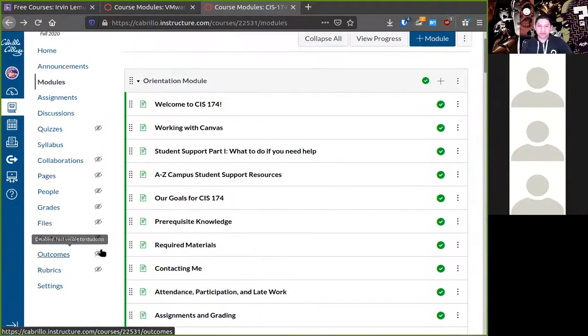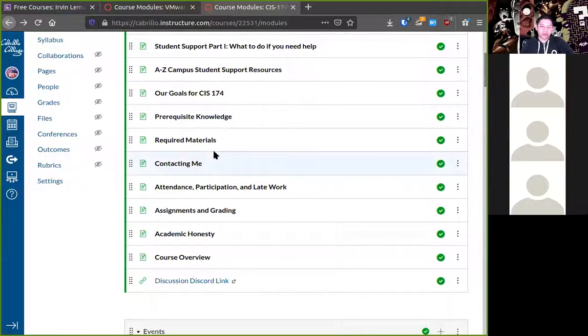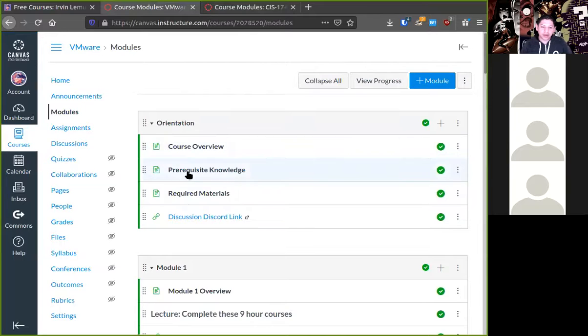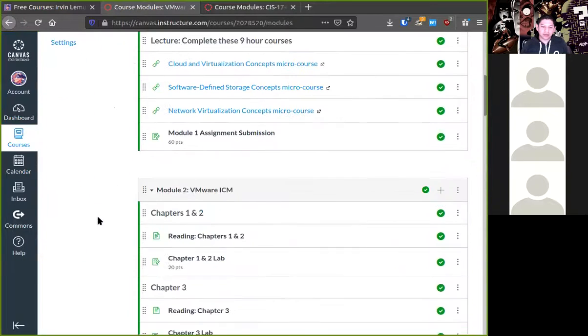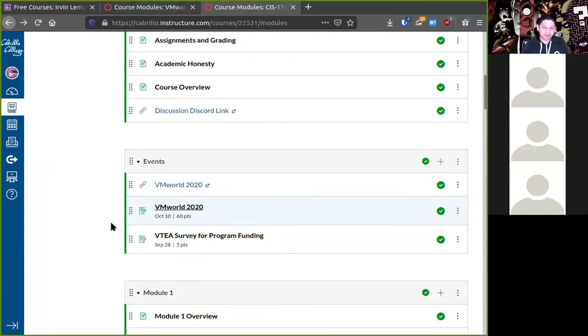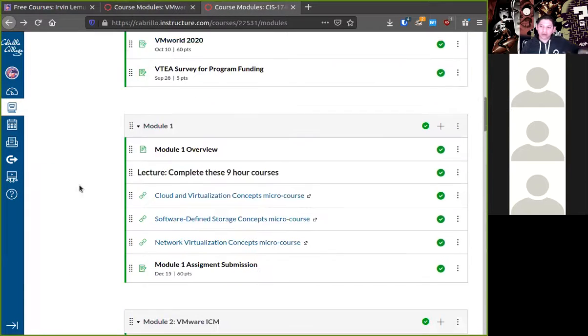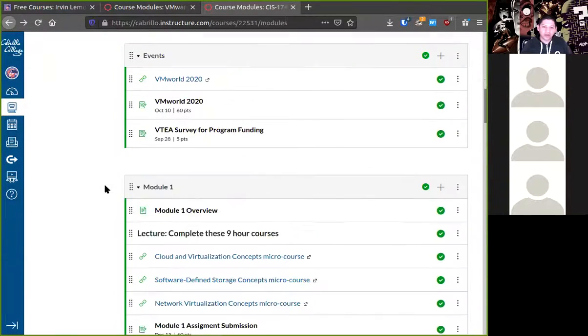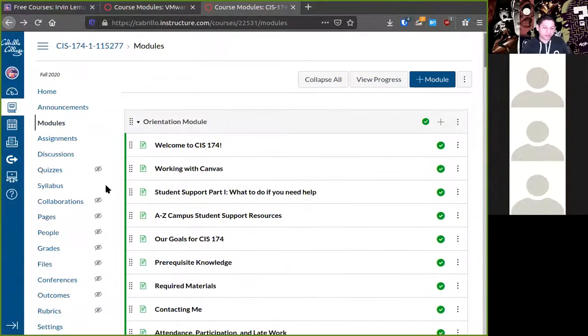So you have your orientation, whether it's the Cabrillo one or the one off of my Canvas. There's VMworld, which you should sign up for. And you kind of have a spacing on how we're going to do modules 2 and 3 for the next couple of weeks. The last item that I want to show you in our orientation is Discord. For those who have not worked with Discord before,